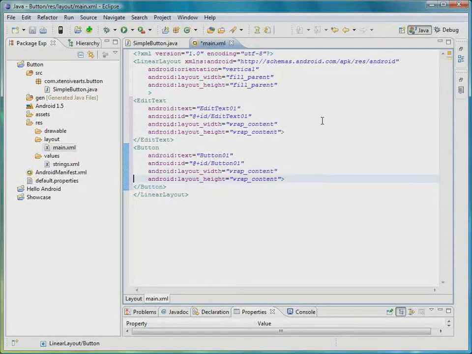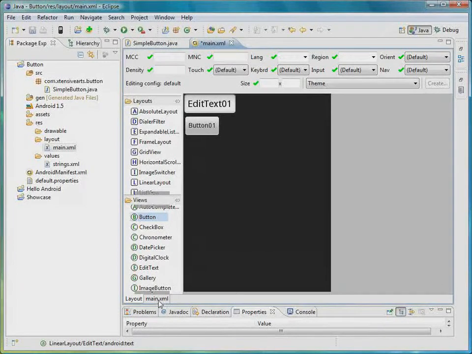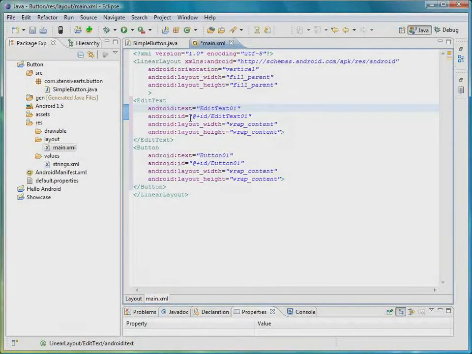Alright, now we can see them a little bit better. Alright, so what we have here is our views, and we can customize those views with certain properties. For example, the edit text view has a predefined text which is displayed in that view. It is edit text 01, which you can see here. And it also has an ID, and it has some layout properties which define how the view is drawn on